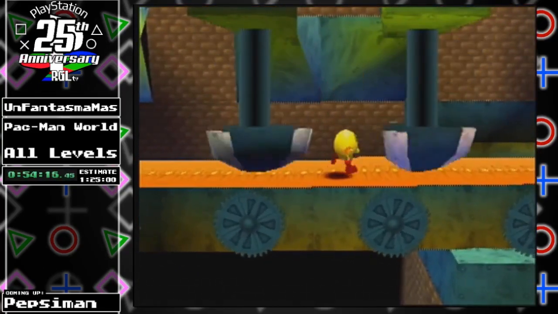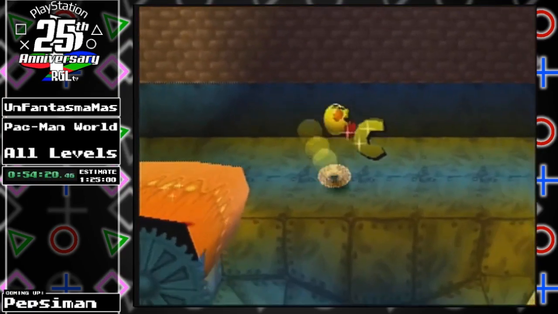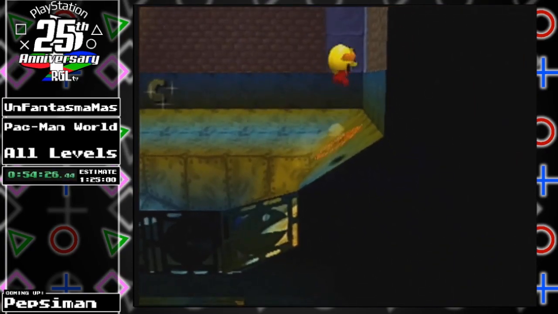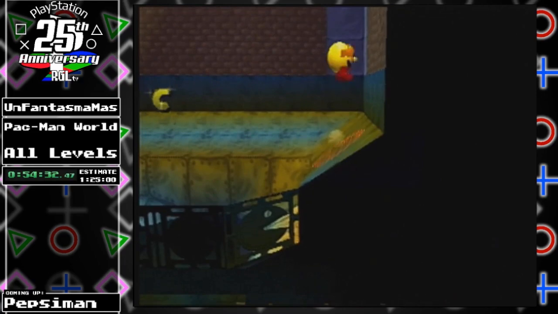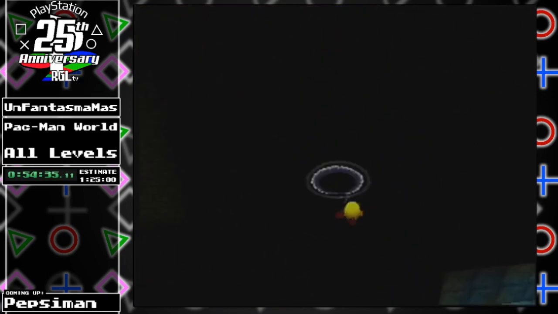I haven't died, and I don't know how, but I'm happy about it. So I need to keep swimming here because, as you can see, Pac-Man is like a ball, so he's gonna slip off if I don't keep jumping. So right here, I need to move out of bounds and press up and